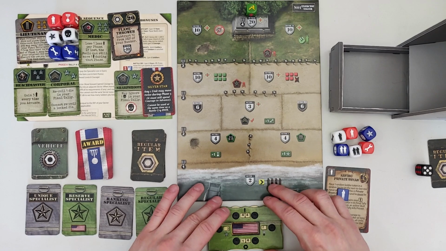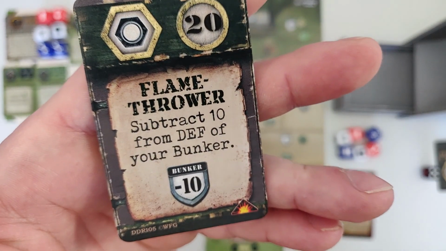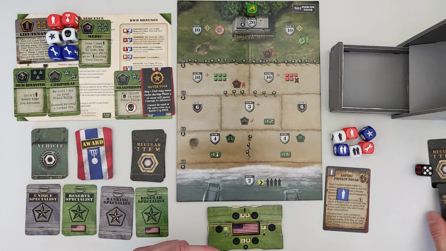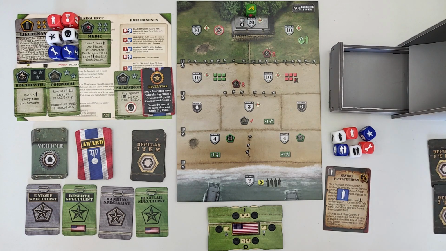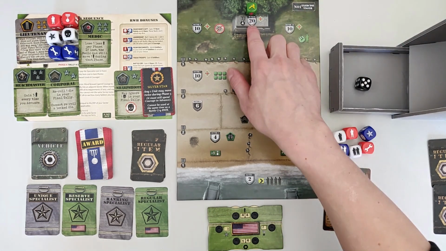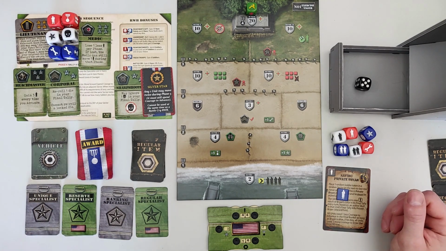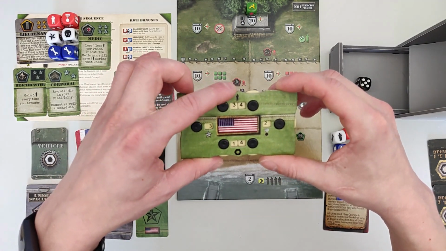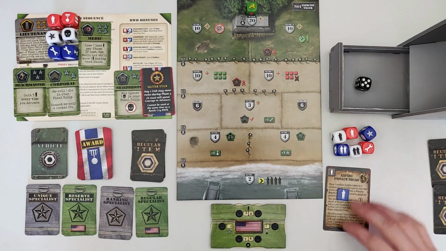Then I will use my flamethrower, and the flamethrower subtracts 10 from defense of your bunker. So the bunker has 20 in defense, right? So it's now down to 10 plus machine gun fire. Okay, so we'll use our dice. That's 5 plus 20, that's 25, minus 10 because of the flamethrower. So that's 15, minus 1 because of the medic. So that's 14. So we lose 14 soldiers. Luckily, we have 44. So we're down to 30 soldiers, and we have successfully conquered the bunker, and we have